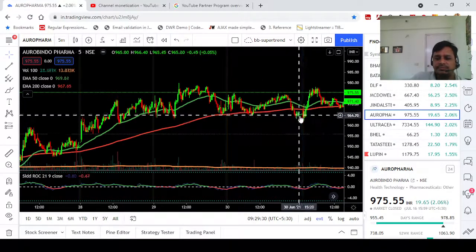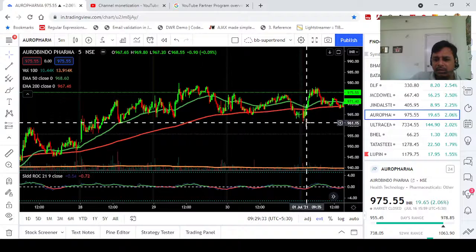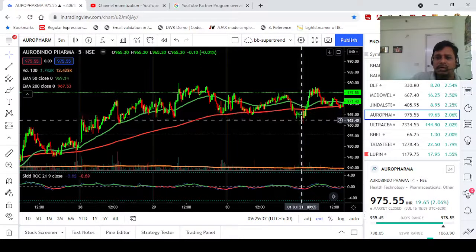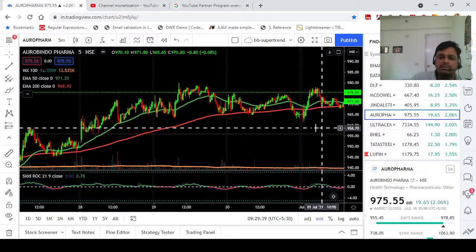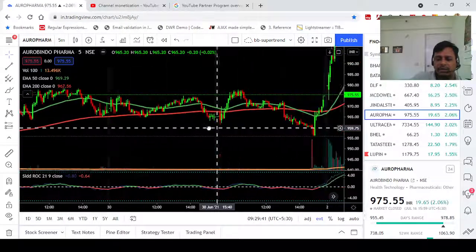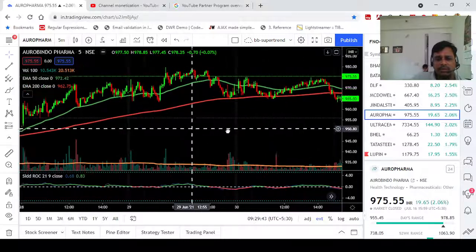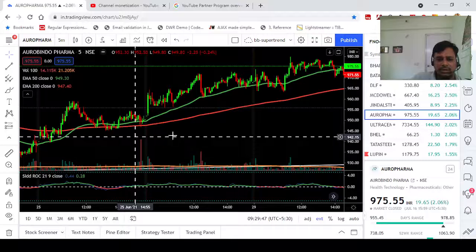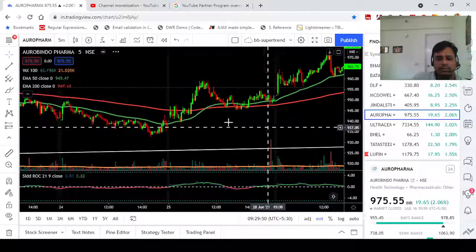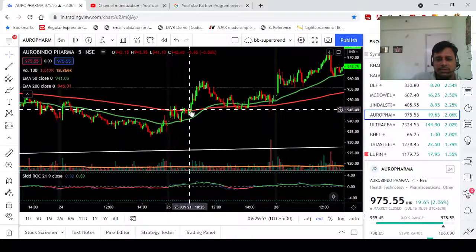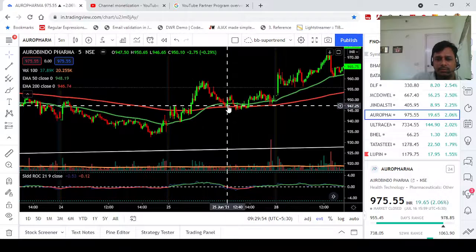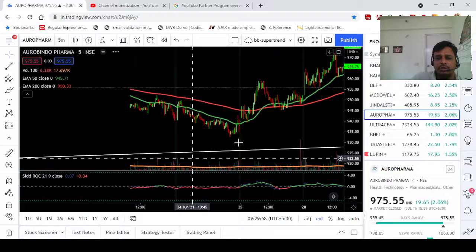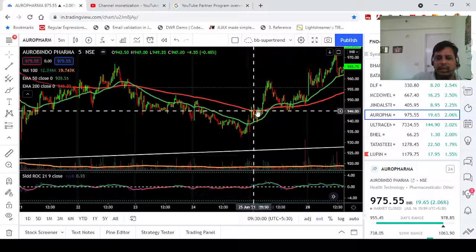Support broke, and then it came down almost 1%. Okay, and then it moved up. So again, when it is taking the support, this way you have to do it. You see that here support is happening. From the downside it crossed up, then took the support. So you should take the trade here rather than here, because the probability of winning is more here than there.